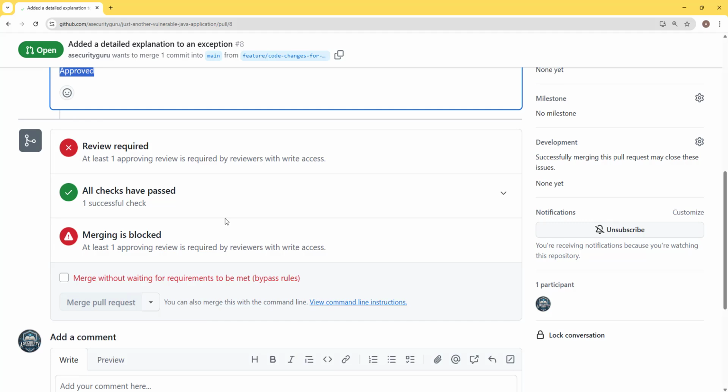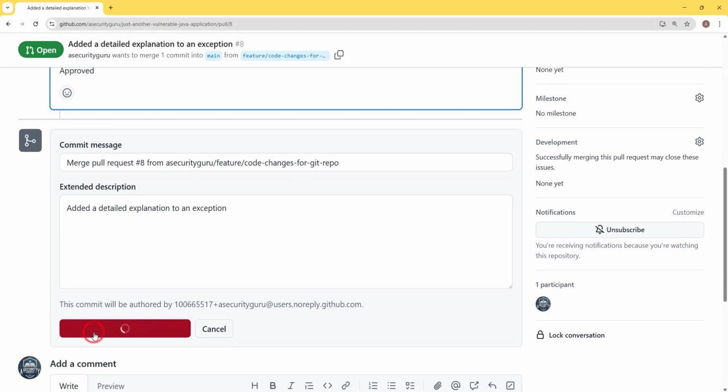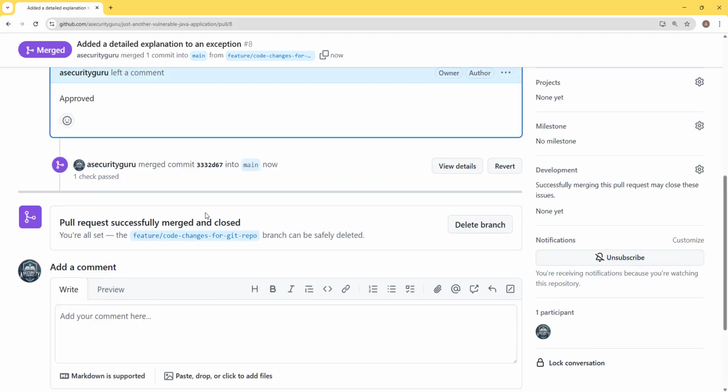Since I'm a single user who is making the code changes, approving the code changes, and merging these code changes, we are looking at these errors, that there is one review required from another person. But since I do not have someone else, I will click on merge without waiting for requirements to be met and click on bypass rules and merge. I'll click on confirm bypass rules and merge these changes, and you can see the pull request has been successfully